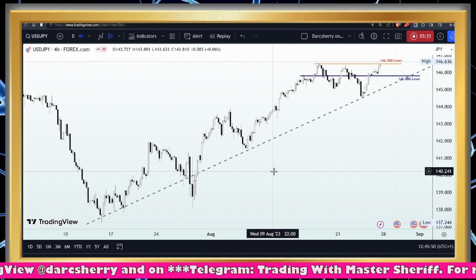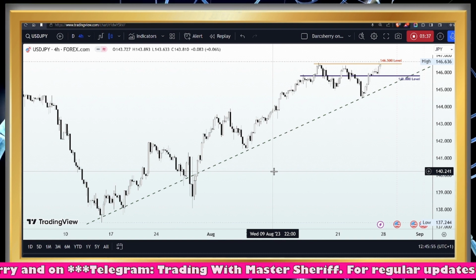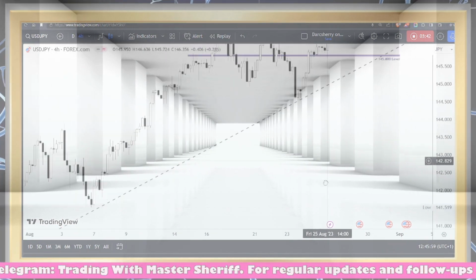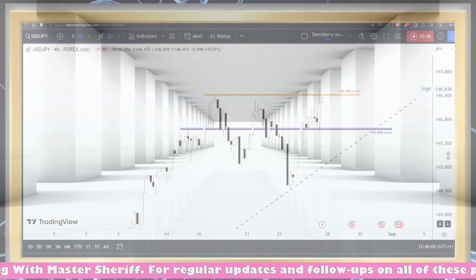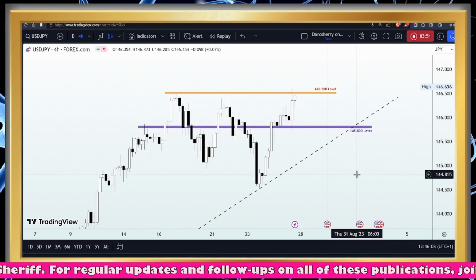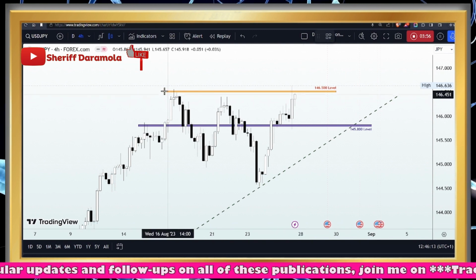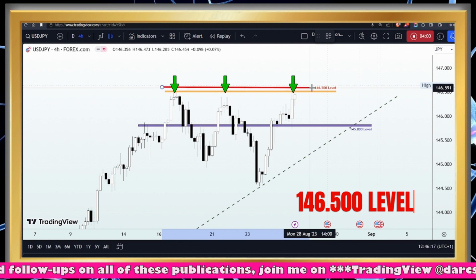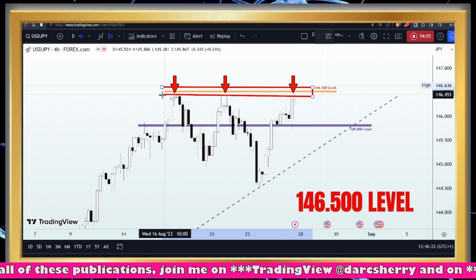Then, in addition to this ascending trend line, are a couple of levels that we shall be using to guide our trading activity for this week. So I would like to zoom right in so that we can see things very clearly. And one of the clear, significant patterns that you will see here is the fact that as soon as price tested the 146.500 level a couple of weeks ago, and in fact this is the highest point where price action has been so far,